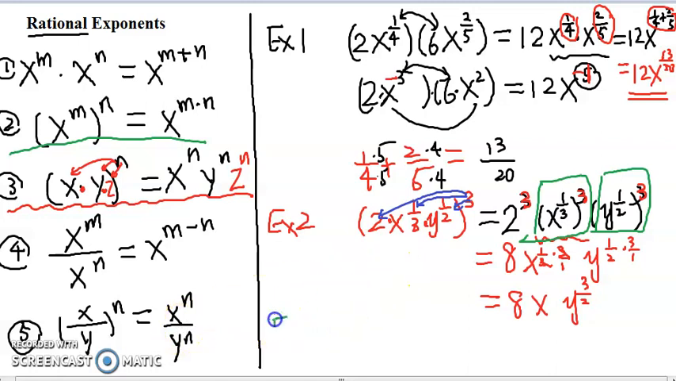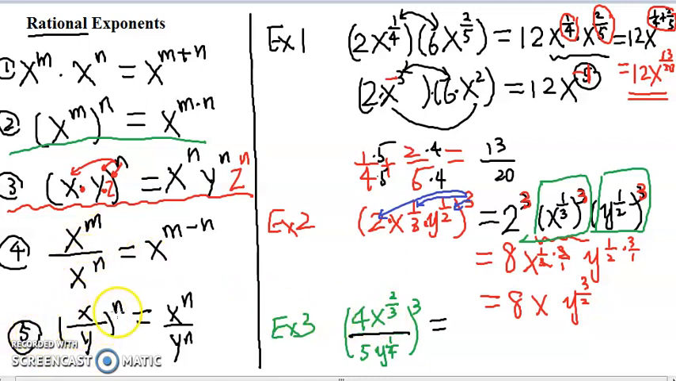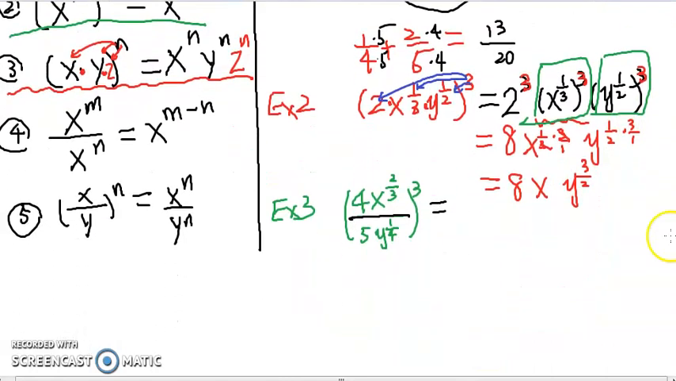Now the next example, we raise something to the third, but in the base we have a division. Something divided by something: 4x to the 2/3 divided by 5y to the 1/4. As you can see, that's formula number 5. If in the base we have division, we can raise each, the top and the bottom, to that exponent. So we're going to get,